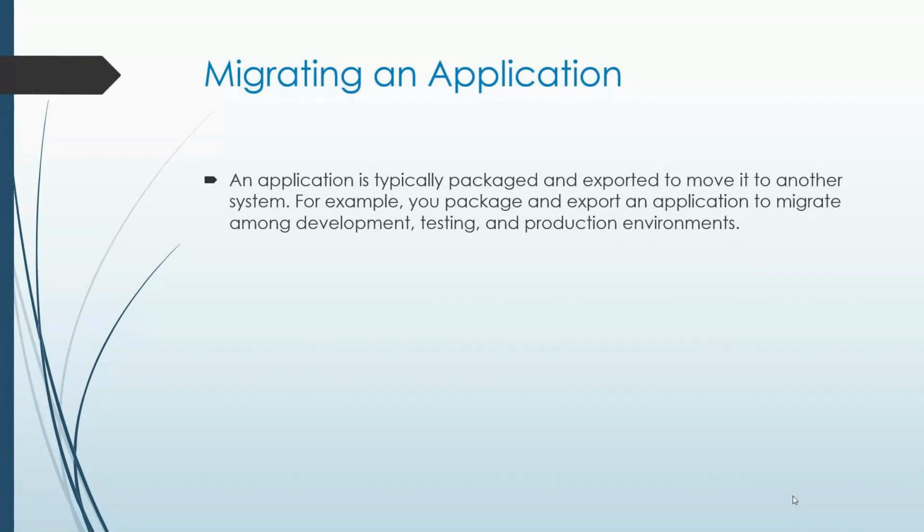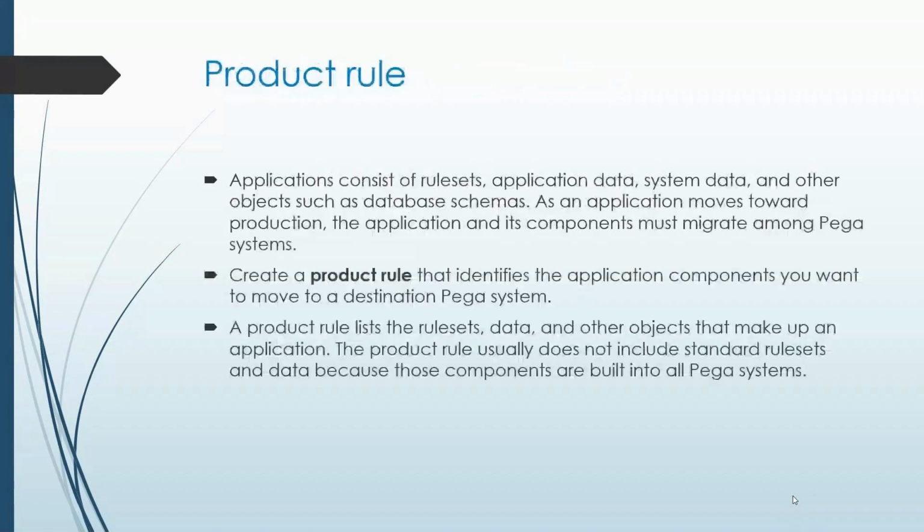Now, when I have some features, some code or some rules available on the dev environment, I have to move my application across the environments to make sure it is properly tested and all the acceptance testing is done, and then finally it has to be moved to production. Correct? So the same code should be moved onto the higher environments. Now this part is called your application migration.